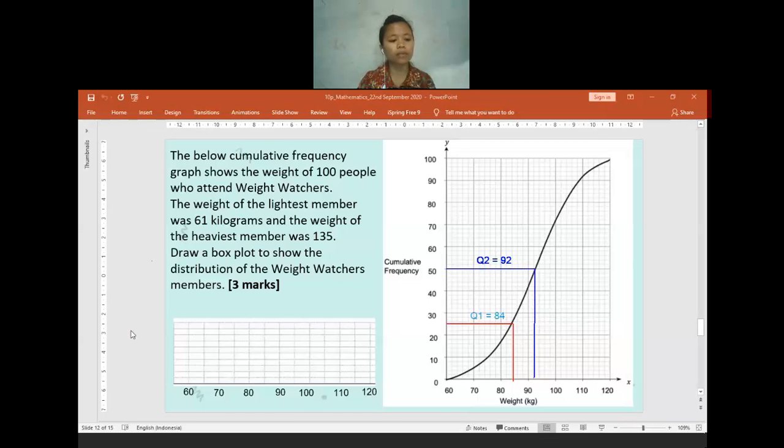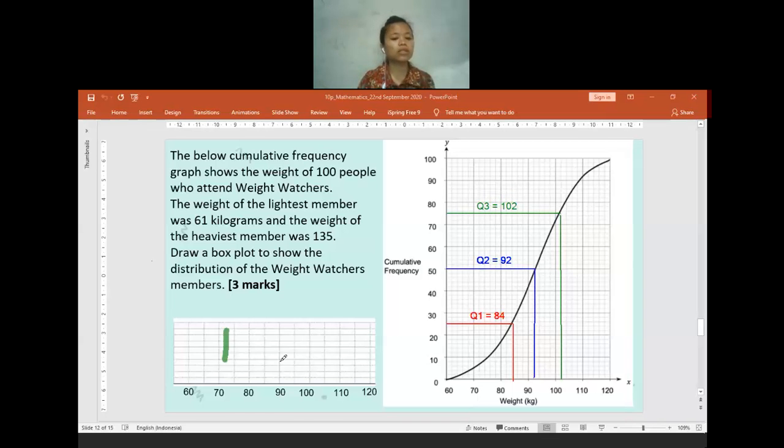And then now we go to the Q3. Q3 is 3 per 4. 3 per 4 of 100 will be equal to 75. So now we make a line at 75. Later on for the chapter-wise test also I will give you a range for the number that you can write. How many will it be? 102, yeah. I will make the Q3 as 102. If you think I read the slides in a wrong way, you can tell me. I'm not really good at reading something that is given on the screen.